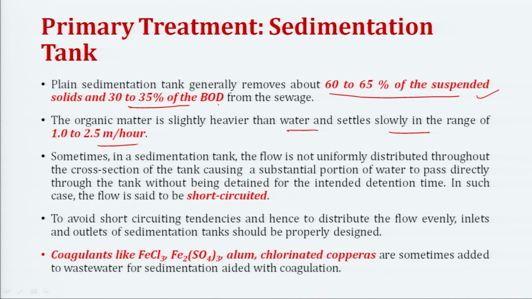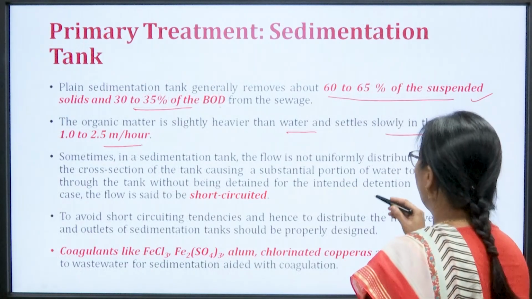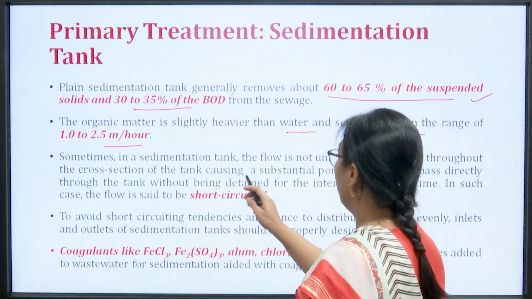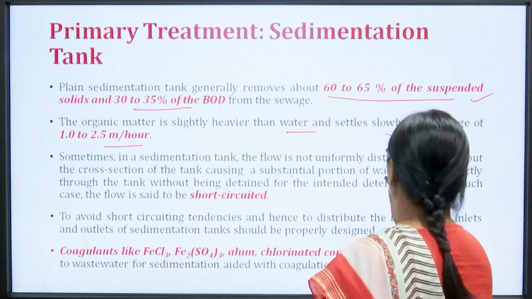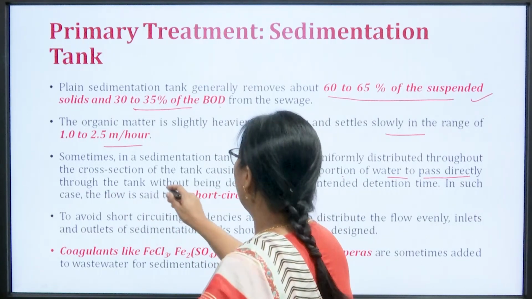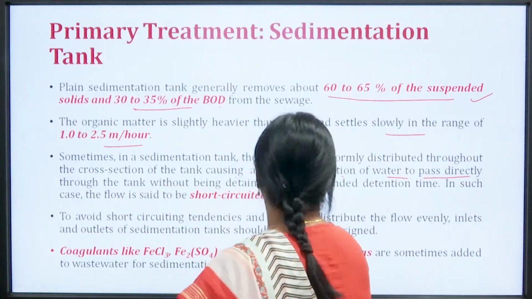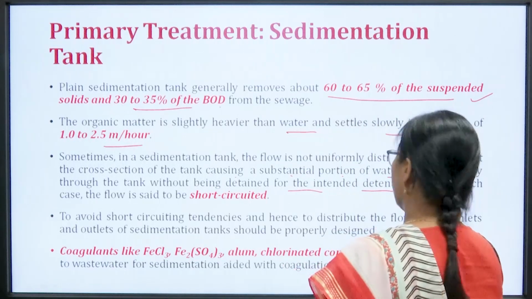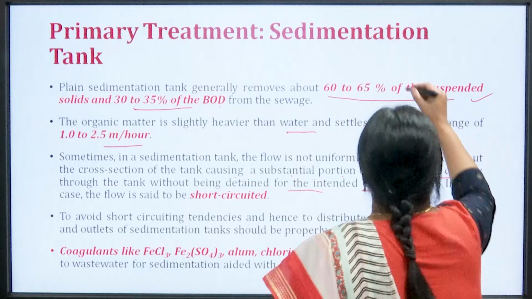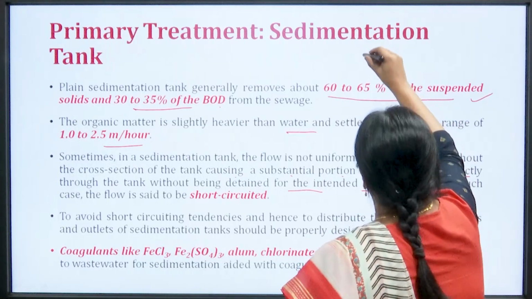Okay. So, what is this concept? Sometimes in a sedimentation tank, the flow is not uniformly distributed throughout the cross section of the tank, causing a substantial portion of the water to pass directly through the tank without being detained for the intended detention period. In such case, the flow is said to be short circuited, right. So, what I am meaning to say here is that,